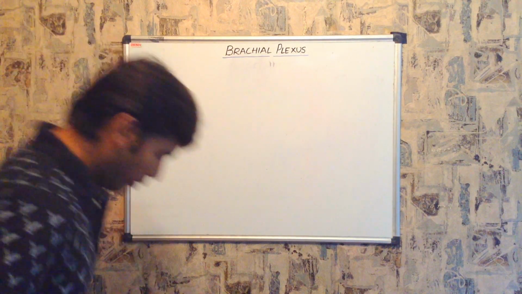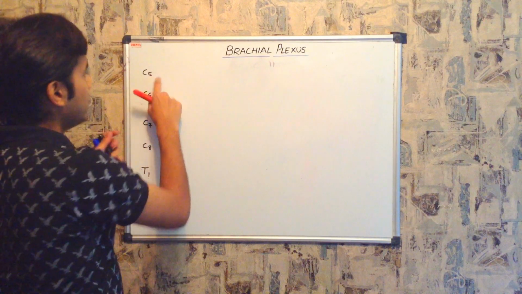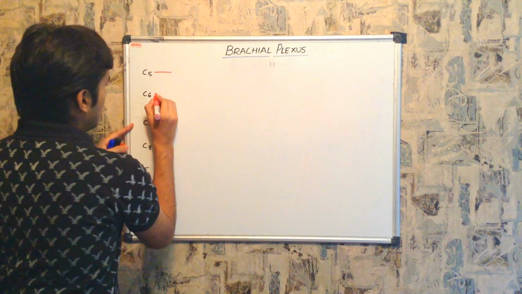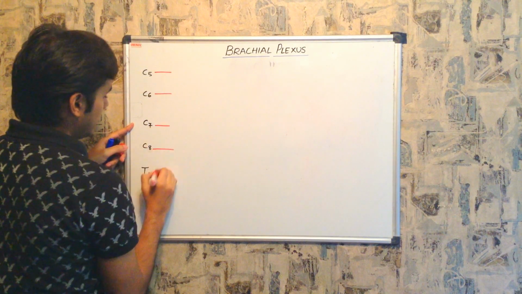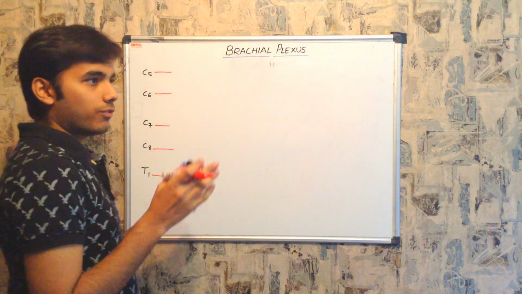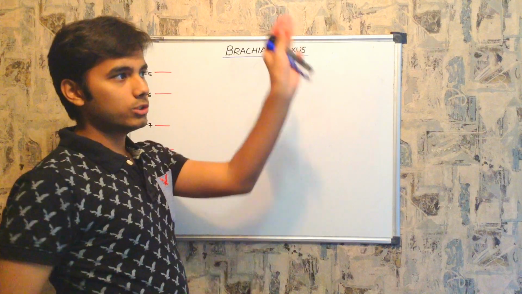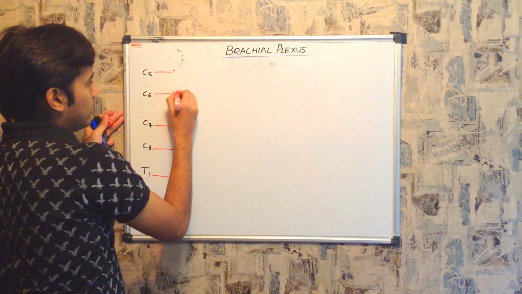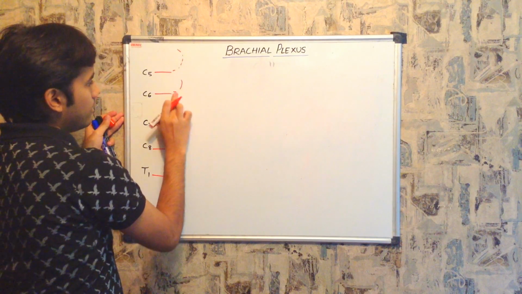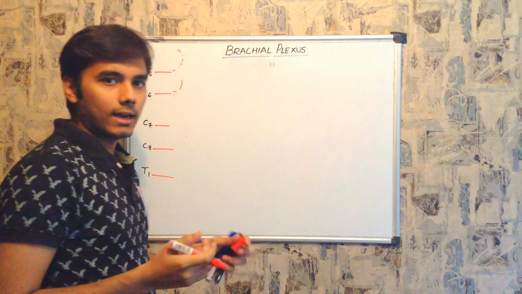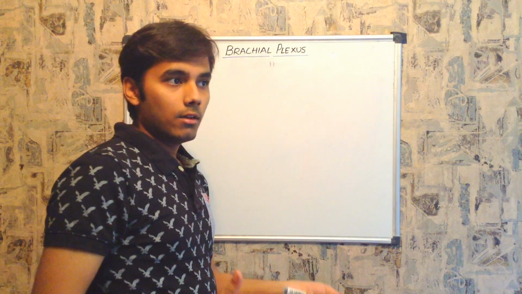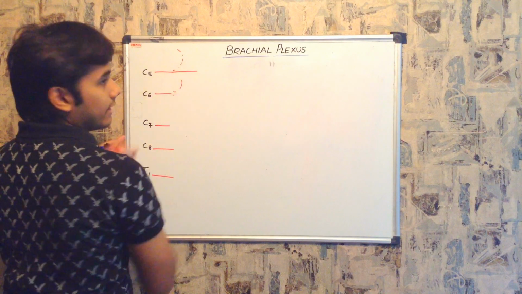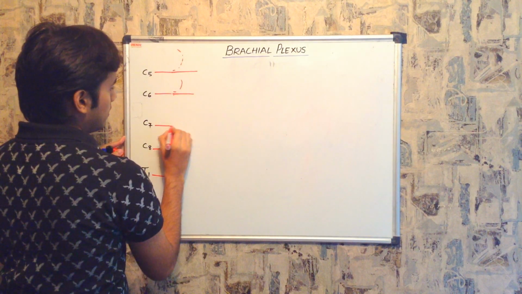Immediately, as I told you, from the spinal segments, what are the structures that are arising? It is the spinal nerve. So C5, C6 spinal nerve, C7 spinal nerve, C8 as well as T1 spinal nerve. From the spinal nerves there are two divisions. One is the posterior division that goes backwards, right, in this way, and another one is the anterior division, right? We'll mainly discuss the anterior division because the anterior division is the part that is forming the plexus. So this is the anterior division, right?